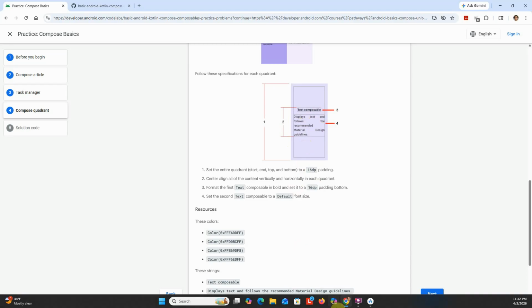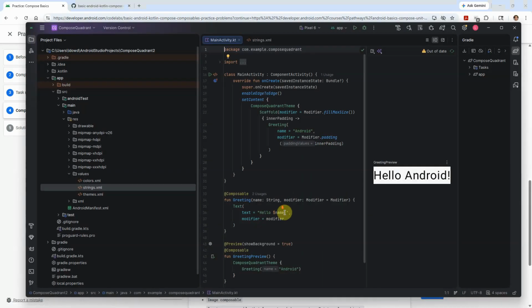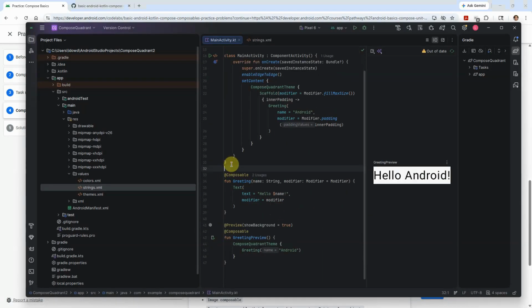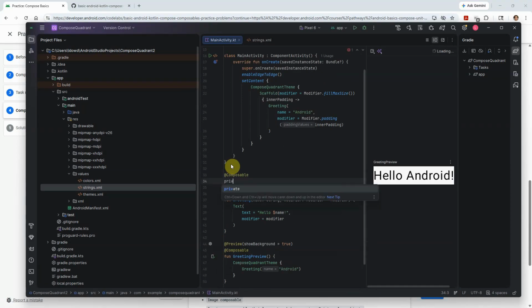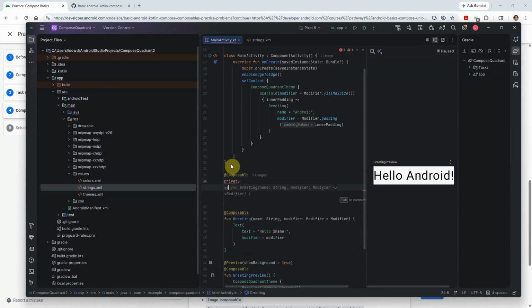So what we're going to do is add that as a reusable component, a composable. We'll start off with the composable annotation, and this is going to be private because we're not going to call it directly. We're going to call it within